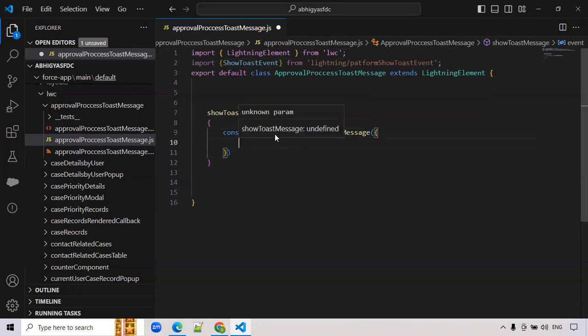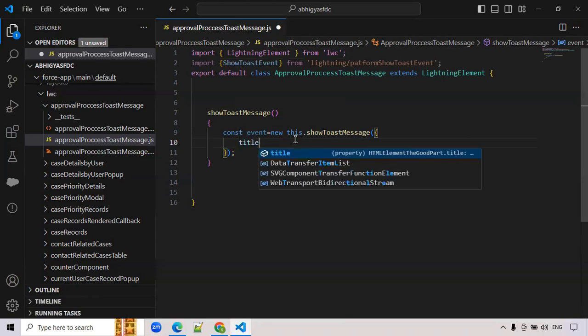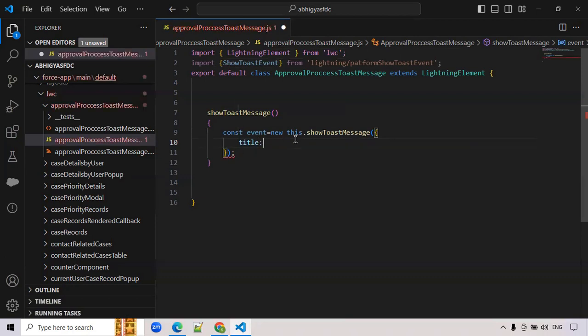In ShowToastEvent, as we already know, there are three parameters: title, message, and variant. Title and message are mandatory, and variant is optional. If you want, you can give success, error, or info. If you don't mention any variant, by default it takes info. But here we want to display a success message, so we are going to give the title as success,